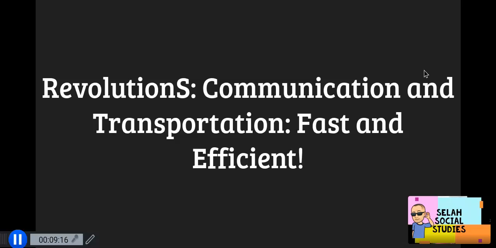The last thing we're going to cover here is revolutions, communication, transportation. Remember what I said, whenever there was an industrial revolution, there was a communication and a transportation revolution. Communication revolution, you have to remember Samuel Morse with the telegraph. Him and his associates create the Morse code, series of dots and dashes on that electrical unit. Robert Fulton created the steamboat, right? It was very dangerous. A lot of them exploded, but it made traveling up and down rivers a lot faster.